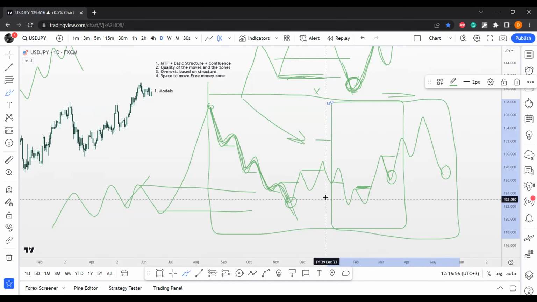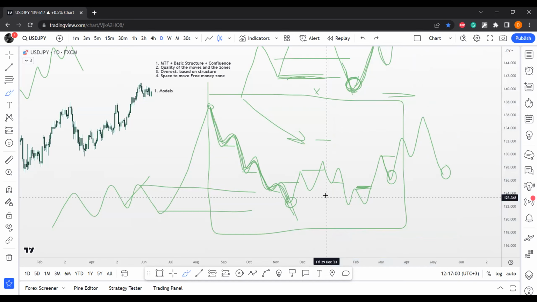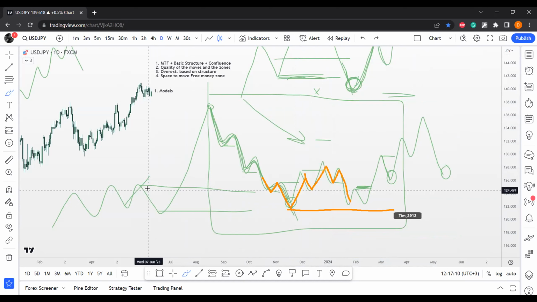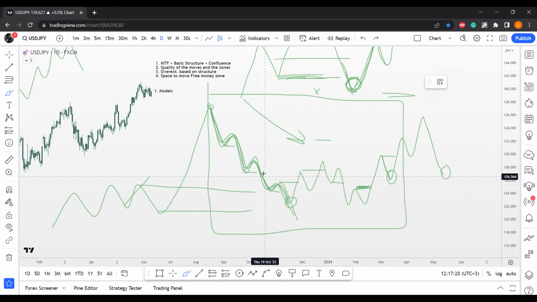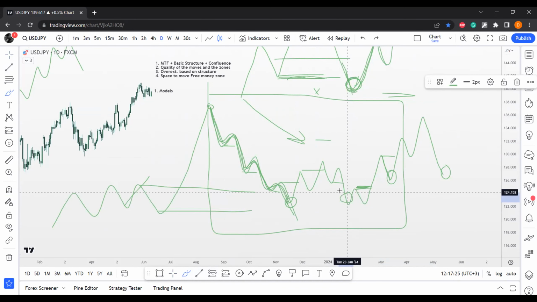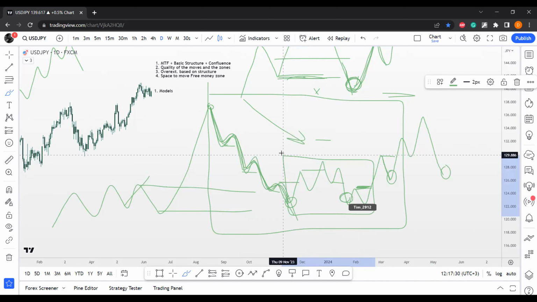Okay, but I would assume at this point that, for example, we have this move here, and then this move to the upside, and then I would assume that price does not break this one. Yeah, but again, you can do it, but you just need to apply models, okay? And if you apply models, again, if you take only this portion of price action,